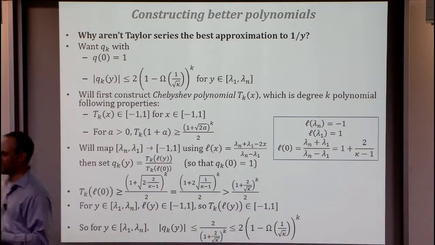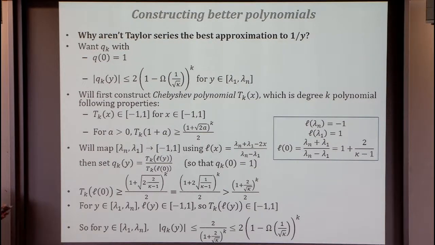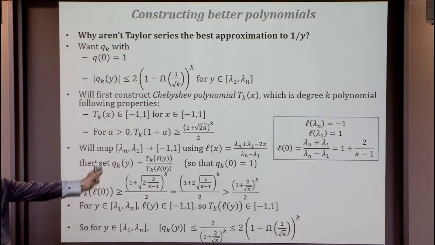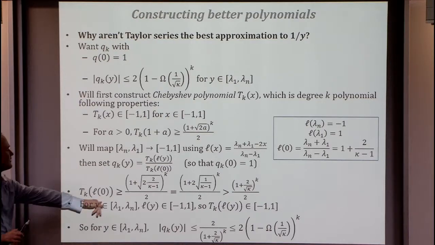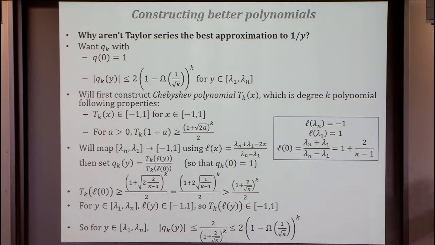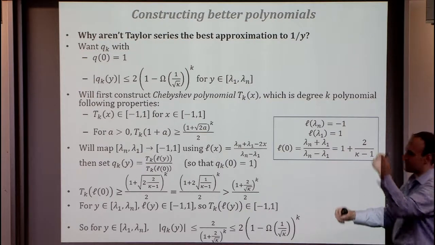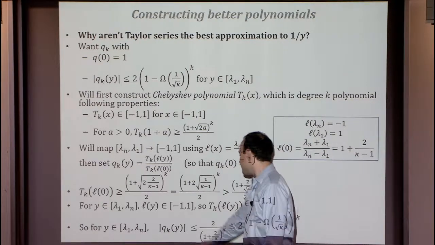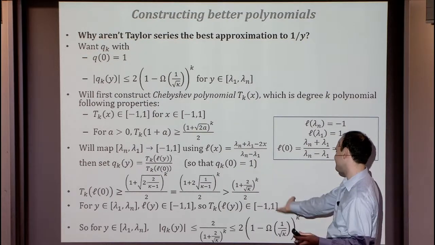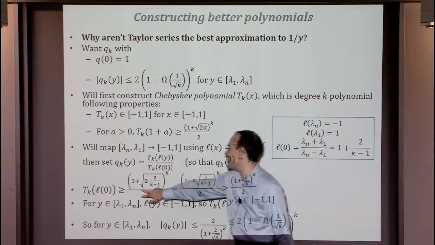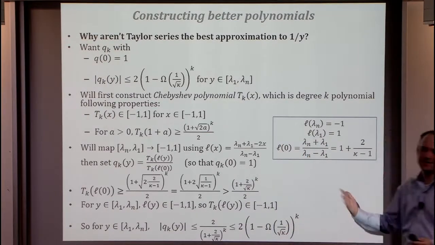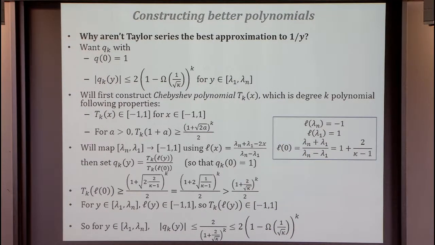Okay, so the point is, if I look at this, what's actually happening? Now that I've given you the slide enough times, I guess you can just look at it. For lambda in the right range, it's mapping the interval here, and this blowing up property is making the value at 0 much bigger. So if you were to look at qk of y, the denominator is going to be pretty big and the numerator will be pretty small, and we get exactly the behavior we asserted. Okay, so this was easy. The harder part was getting the polynomials that actually do any of this.